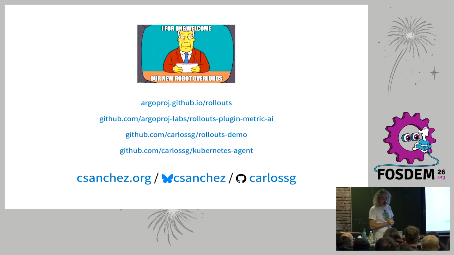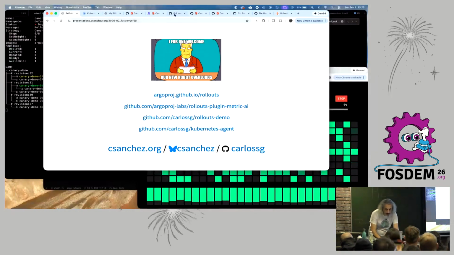So I, for one, welcome our new robot overlords. And you have all the source code: Argo Rollouts, the metric plugin that uses LLMs to do the analysis, and rollouts demo, that's this demo, and the Kubernetes agent, you can write your own agent. But let me also show you